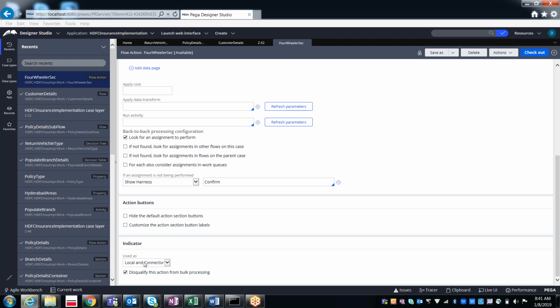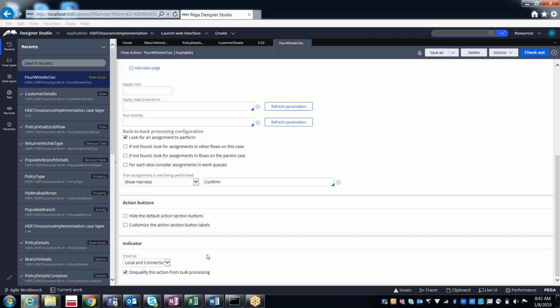In case you want it to act as only a local action, you can select local action. Otherwise, if you want it to act as only a connector action, you can select connector action. Otherwise, if you want it to act as both, local as well as connector, then you can select local and connector. Right now, by default, it is selected as local and connector.